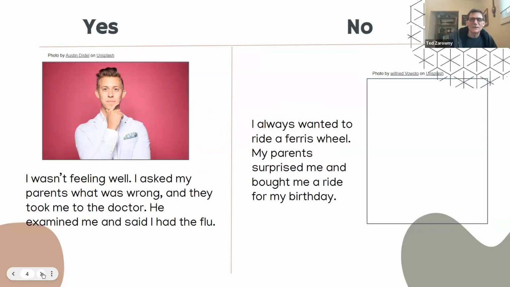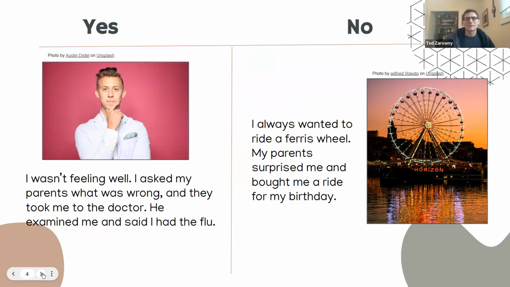And it's difficult to do this on a slide deck because the examples disappear. What you want is to have all the yeses and nos together, so that students can look at all the yeses and see what they all have in similar. What do all the yeses have in similar that make them a yes? And why don't the nos fit in? What are they missing that doesn't make them a yes?